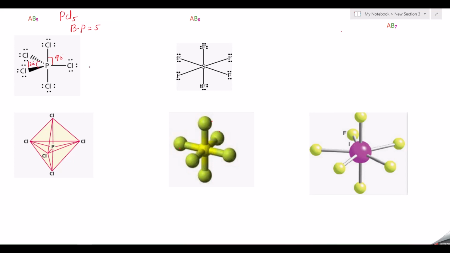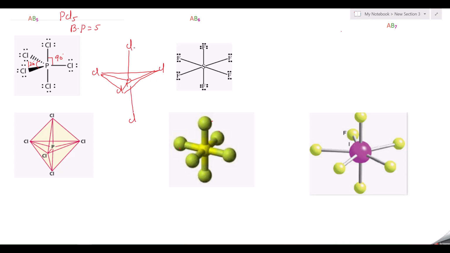So you can draw the structure like this. That is phosphorus at the center, and one chlorine will be here, the other chlorine will be here, and one chlorine here. So these 3 will be in one plane. That is a triangular shape. A trigonal planar shape they will take. And one chlorine will be at the top, the other chlorine will be at the bottom. So they will be like this.